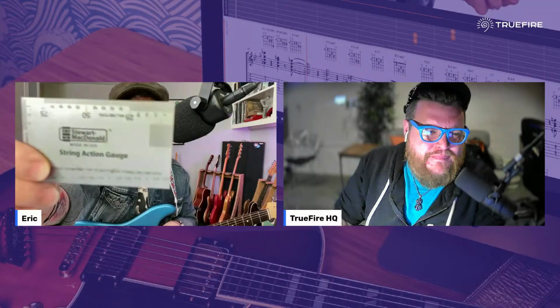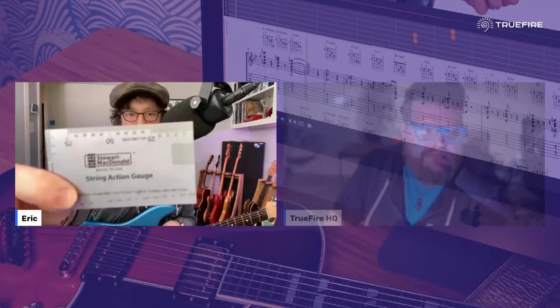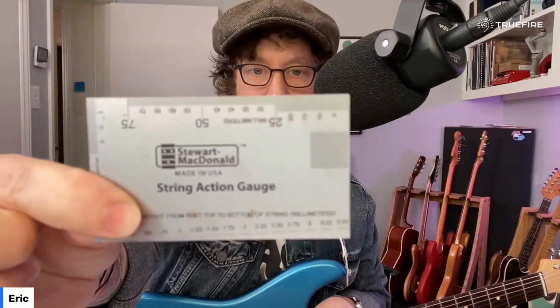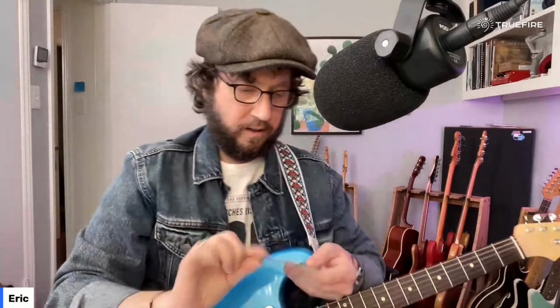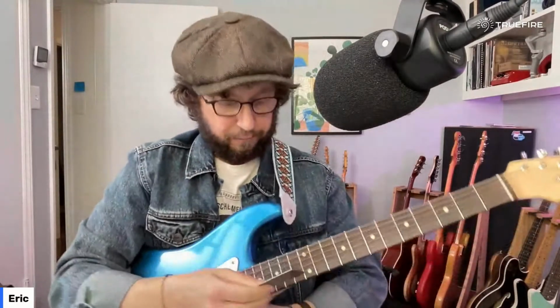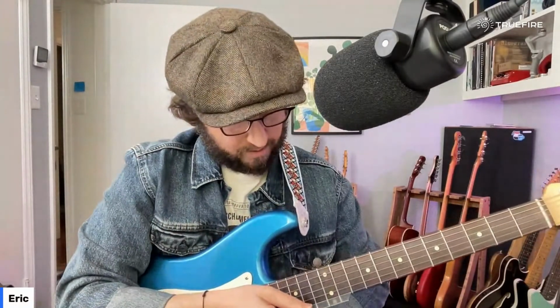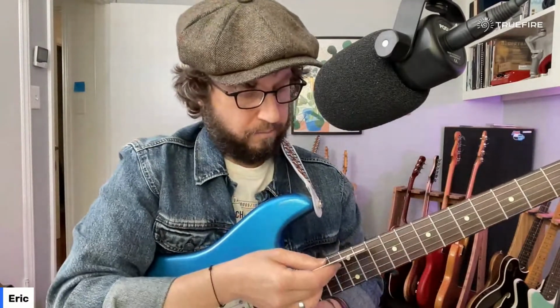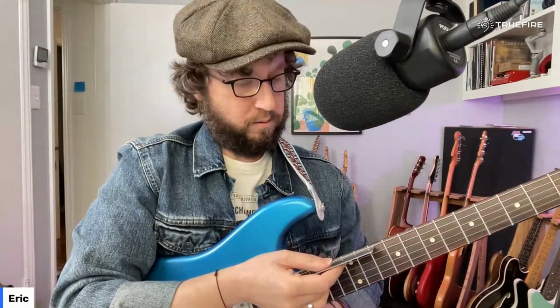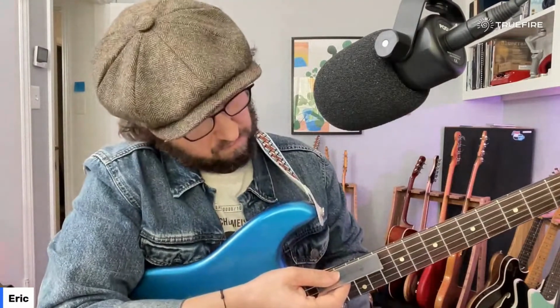Okay, so here's my Stu McDonald string height gauge. I think we're in focus there. Let's see what this is at today at the 12th fret. And I'm using, is this millimeters? Yeah, I'm using metric. Under my high E string, we have 1.5 millimeters. And then on my low E string, looks like we got